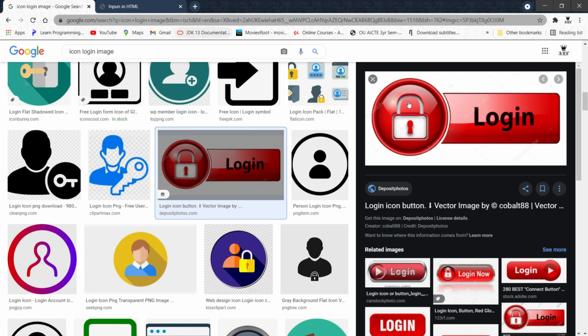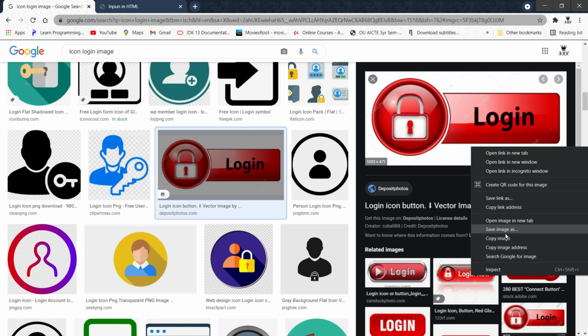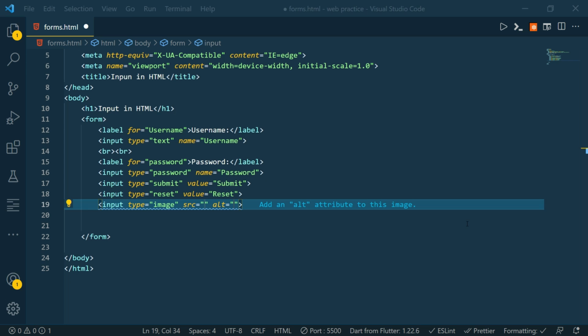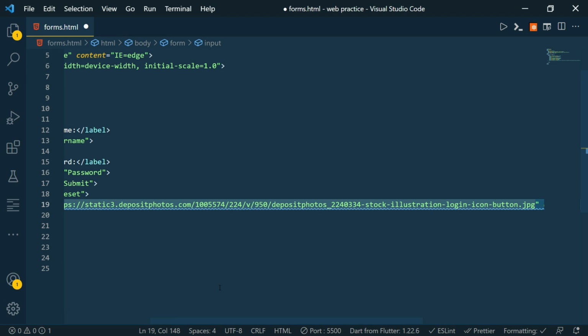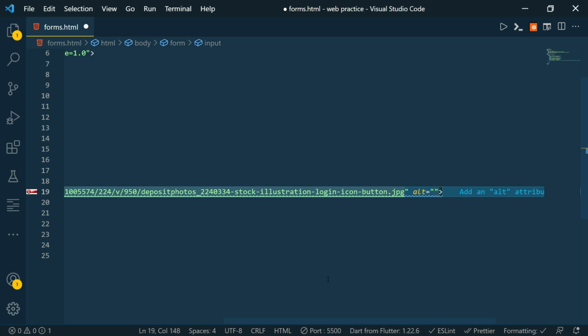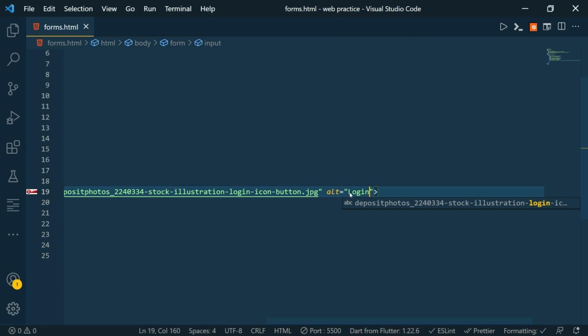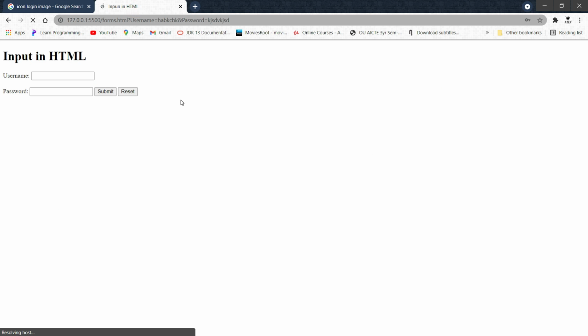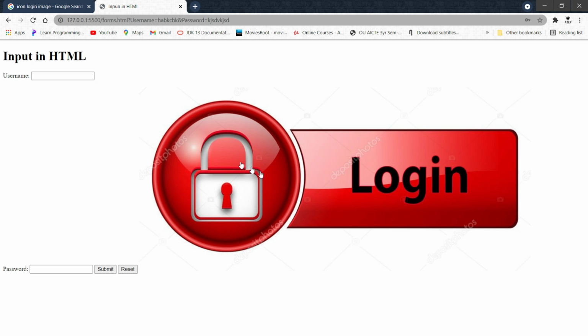Instead of this value, we can just copy the image address and paste it in the source attribute. And alternate will be login. You can see we got this clickable button, but it just has an image in its background.